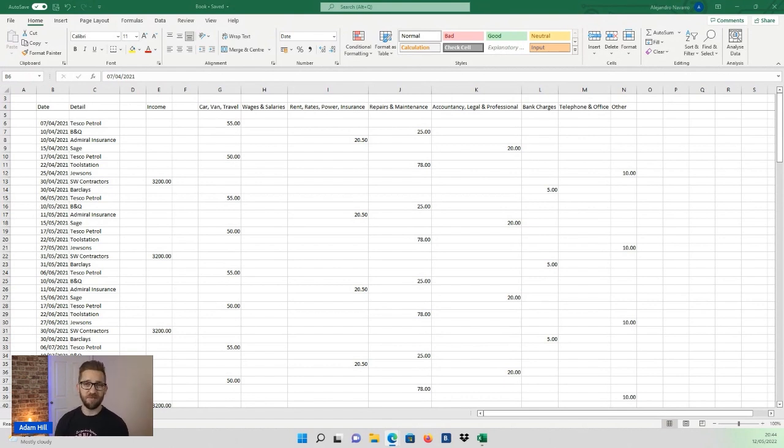Hopefully, you've done something like this already, but if you haven't, then it's a case of going through your business bank account and pulling out any expenses that relate to your business between the 6th of April 2021 and the 5th of April 2022. Now, this assumes that you are using a simplified method of accounting called cash accounting, which is typically used by small sole traders with a turnover under